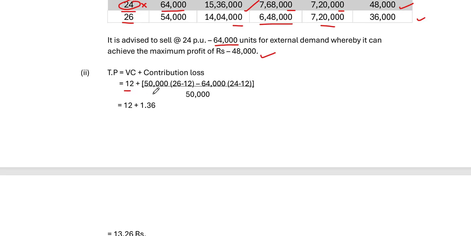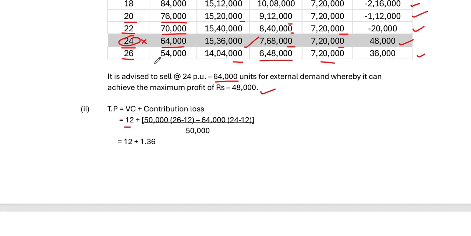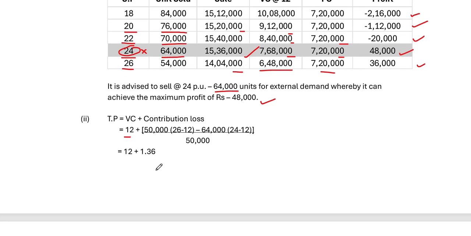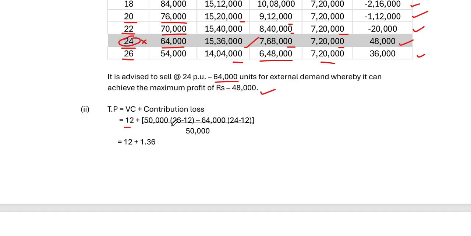So we calculate contribution at 50,000 units if sold at 26. If we can sell at 26 rupees, and variable cost is 12 rupees, then our contribution will be 26 minus 12, 14 rupees. 50,000 into 14 rupees. And